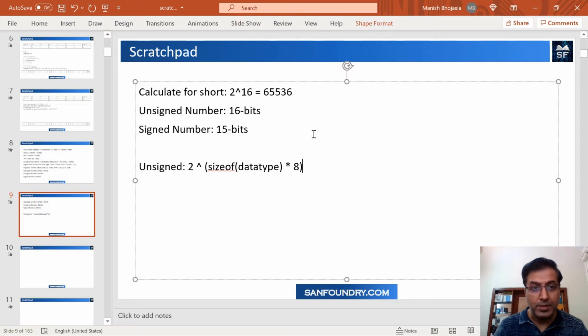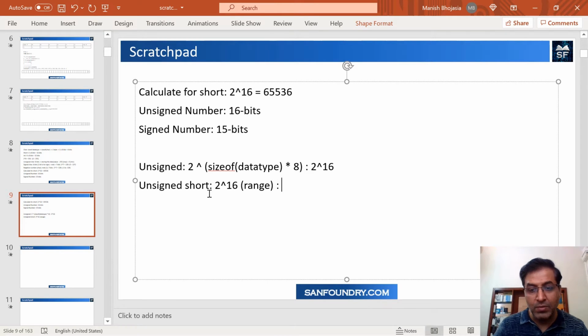That is for unsigned. Now this is what we will get. As you know, we have a short of 2 bytes, so this will be 2 to the power 16. So for a short it is 2 to the power 16. This is the range. And when you think in terms of formula, let me write the formula for the unsigned short data type. So 2 raised to the power 16. That's the range in terms of total values.